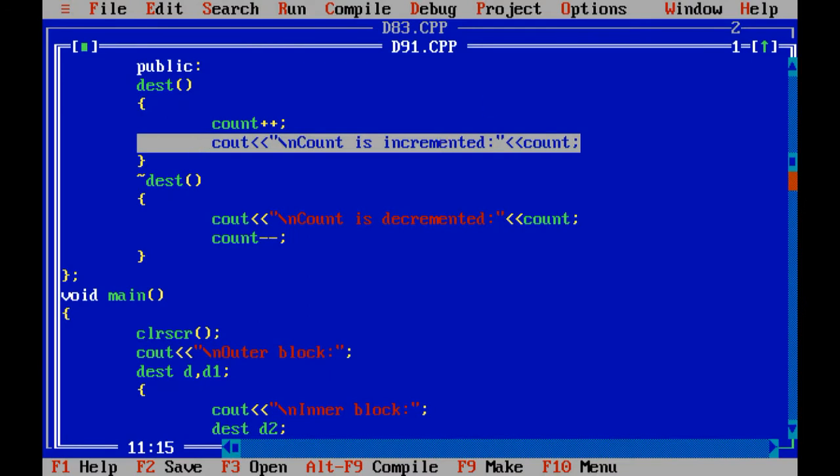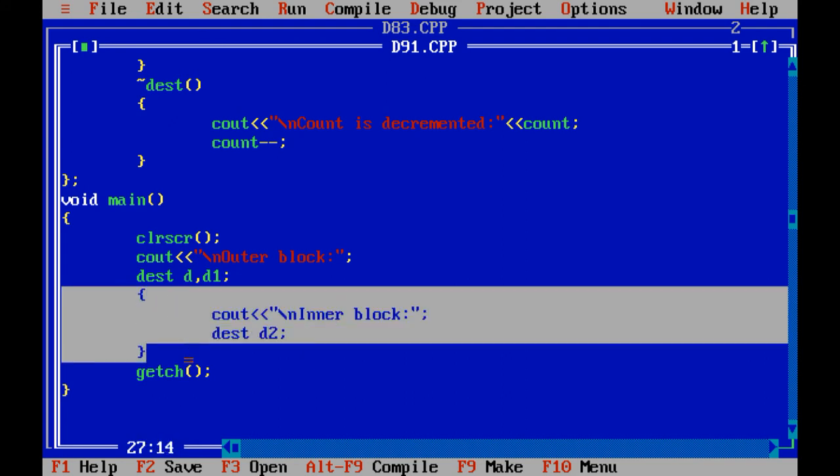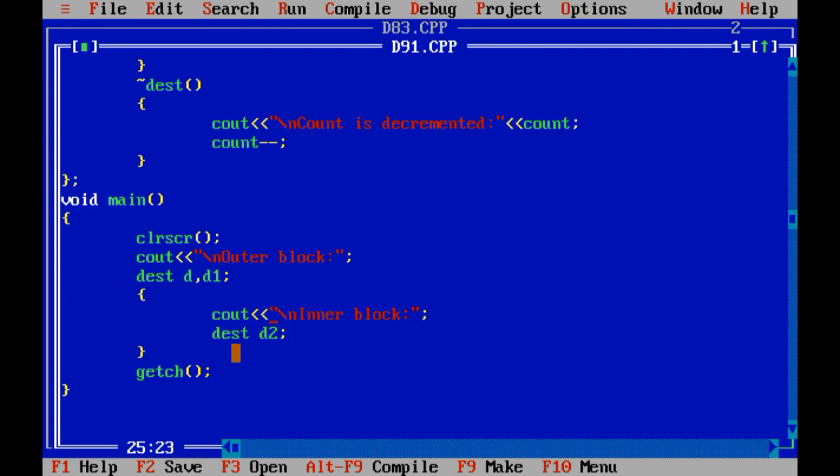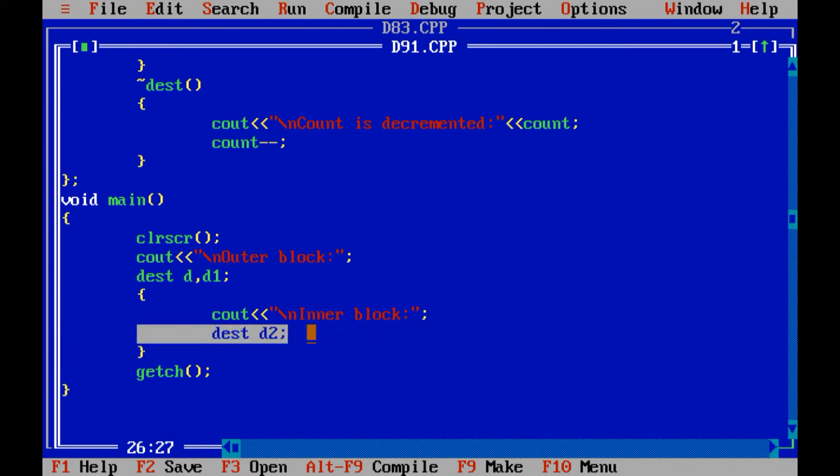Now what happens? As I have told you, when the life of an object is destroyed from the memory, see this d2 object is declared within this particular block, yes or no? So when this block is ended, at that time the life of this object is destroyed from the memory.